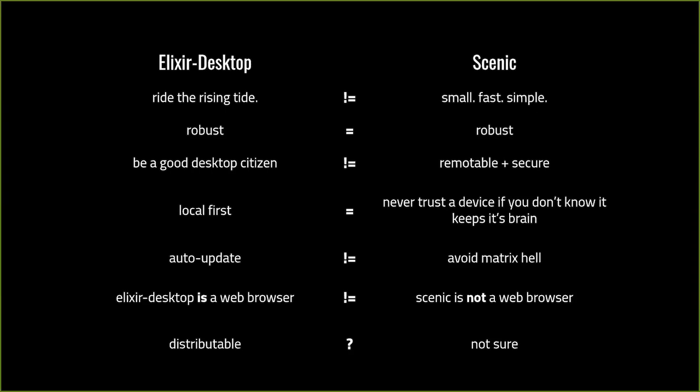Scenic had this nice thing about avoiding the matrix HAL, which I think comes out of experience with different versions of embedded devices, where you can't upgrade the hardware, and you want to ensure that they stay on certain versions and you can roll out new versions without impacting them. So really going away from the server model, where you update the server and all clients have to eat that. Now that's not really an Elixir Desktop goal.